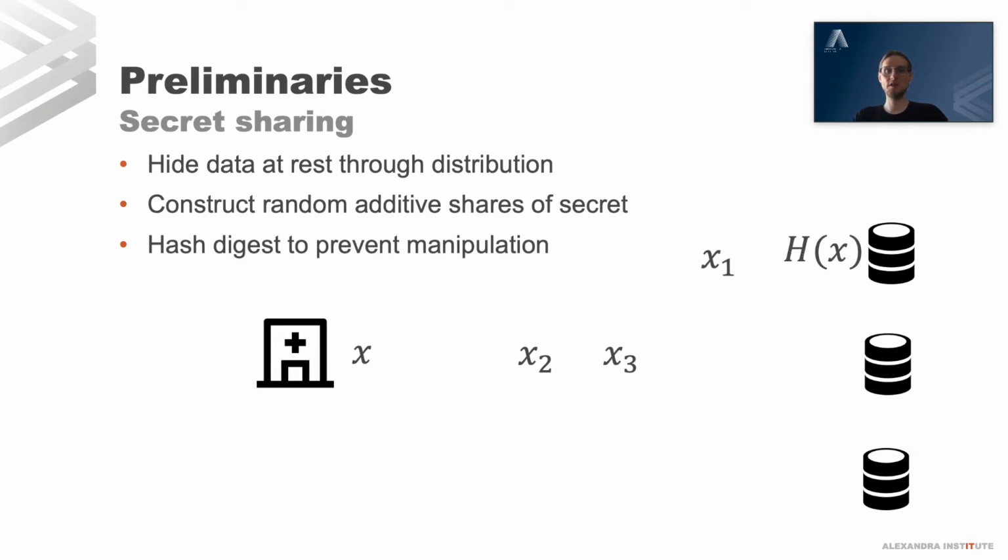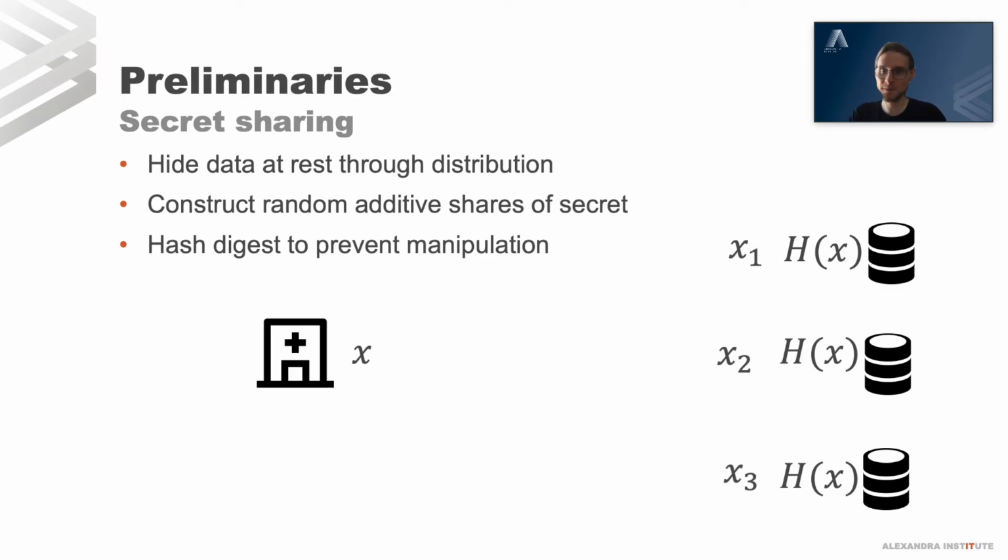Then distribute these to each of the servers that need to take part in this, and include a hash digest of the actual data that must be stored there, assuming that the actual data has high enough entropy. Then